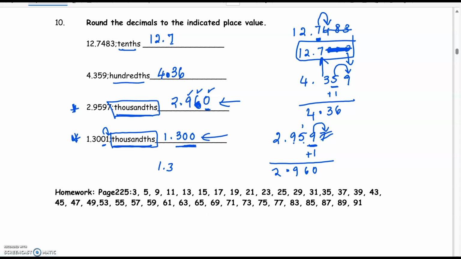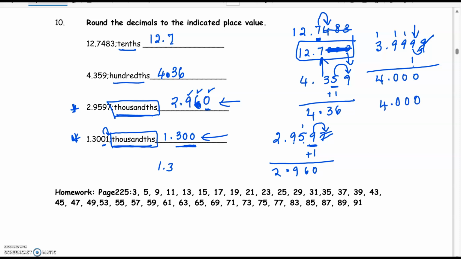Now what if I have 3.9999 and I want to round it to the thousandths place? I look one place value to the right, which tells me to add 1 by rounding up to this particular place value. Discard the ending. 9 plus 1 is 10. Carry the 1 over. 9 plus 1 is 10. Carry the 1 over. 9 plus 1 is 10. And it becomes